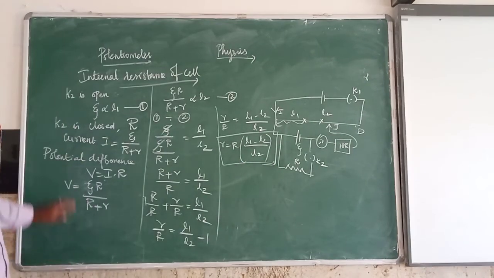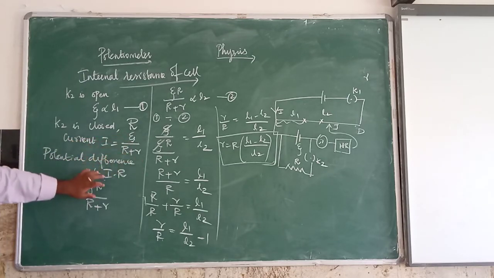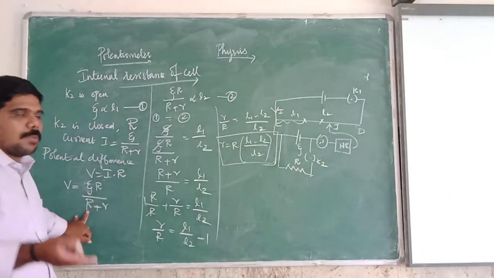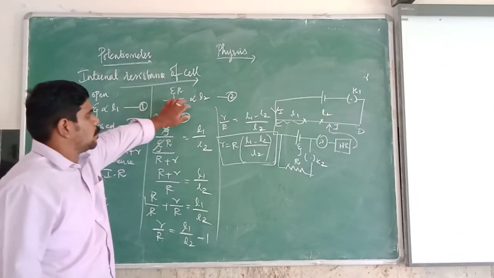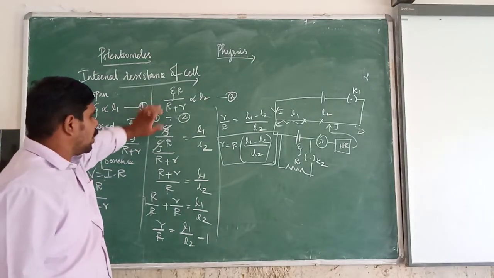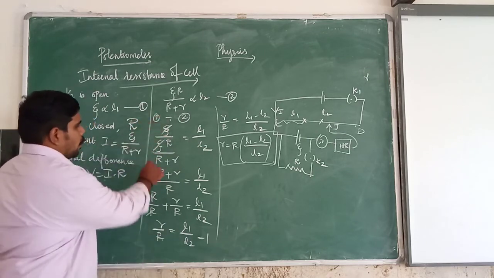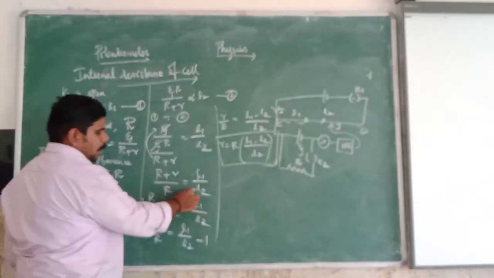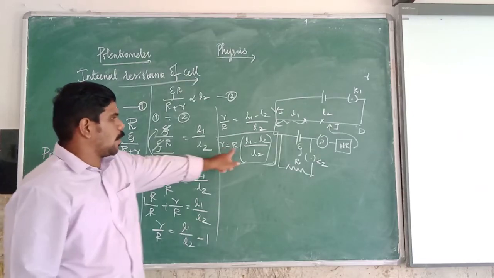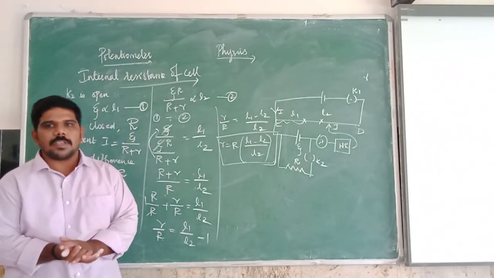Okay, clear? When the key K2 is closed, the current I is equal to V by R, so psi by R plus r. The potential difference V is equal to I into R, so V is equal to psi R by R plus r. The potential difference is directly proportional to the balancing length L2, so psi R by R plus r is proportional to L2. Equation number 1 divided by 2, psi cancels, and R plus r moves to the numerator. So R plus r by R is equal to L1 by L2. We split that term, this 1 moves to the right hand side, which is minus 1. Then we take the LCM. From this, r is equal to R into L1 minus L2 by L2. So if you know the balancing lengths, we can measure the internal resistance of a cell by using a potentiometer.